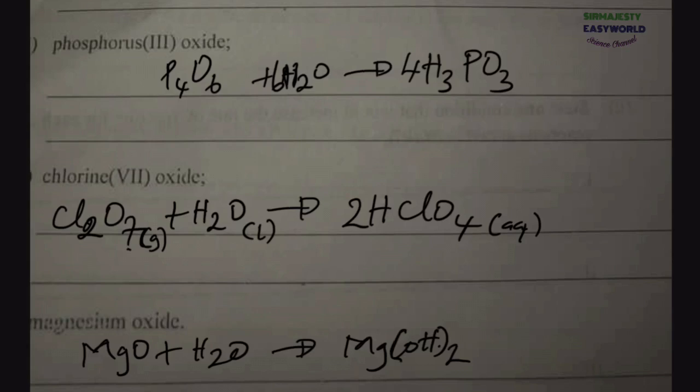Magnesium hydroxide is naturally balanced. Oxygen is 2, hydrogen is 2. Remember, this is 1 plus 1 here too. Okay, we are done with this page. We go to the next one. Okay, this one